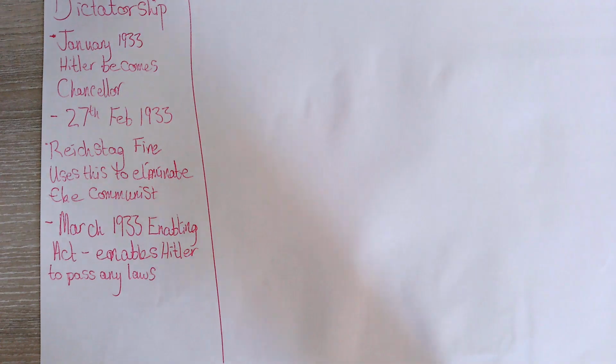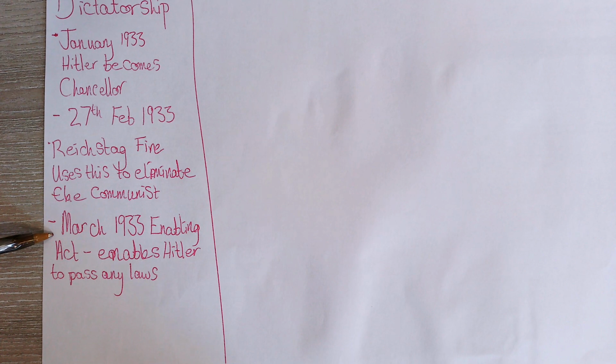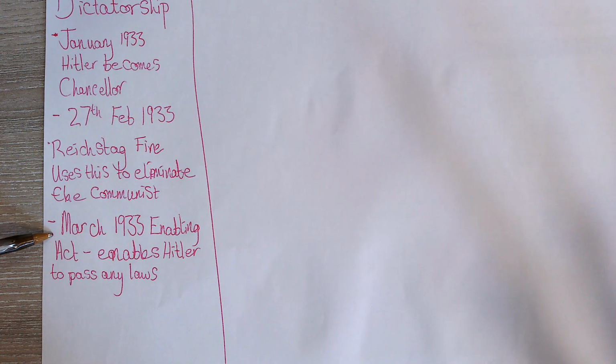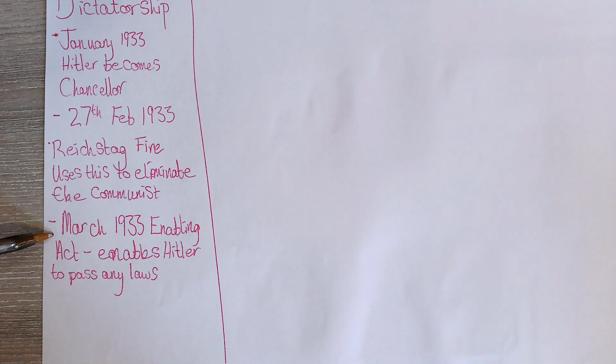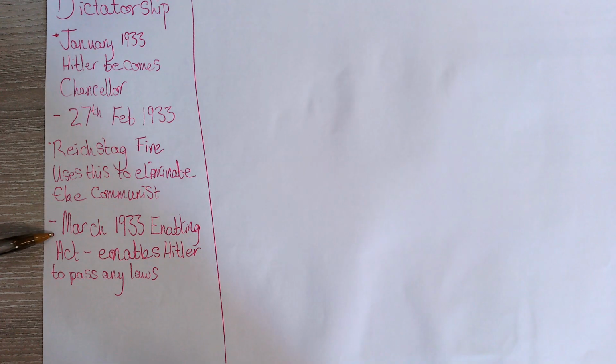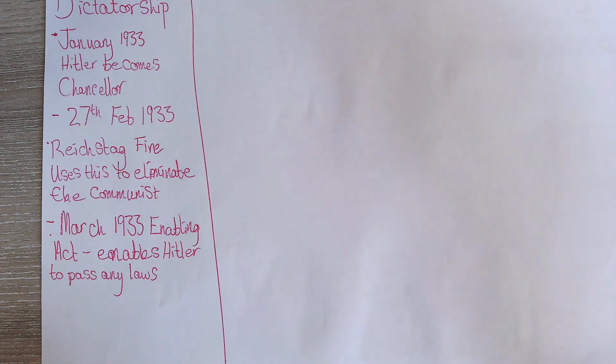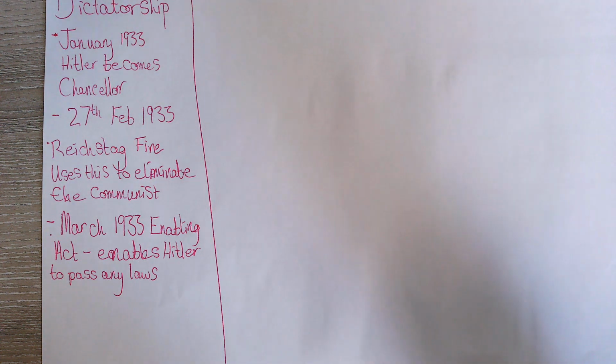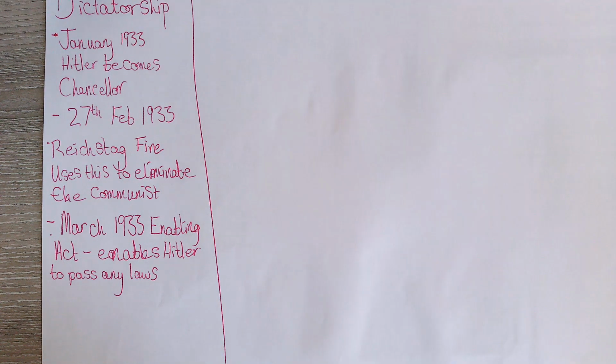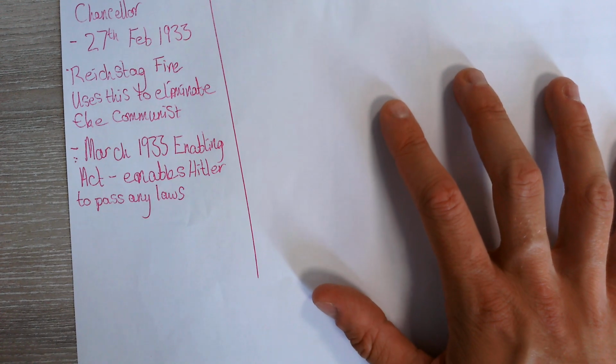I mentioned before briefly that he's able to pass the Enabling Act as a result of the emergency powers he's got, and also because of the muscle of the SA. The SA are Röhm's men, right? The Nazis' henchmen, I suppose, and they are used to block certain people entering the Reichstag, the German parliament. They're not allowed in on the day of the vote for the Enabling Act, so people who are against the Nazi Party aren't able to vote against it. Okay, right, so that's the Enabling Act.